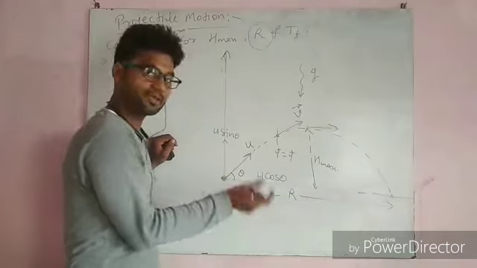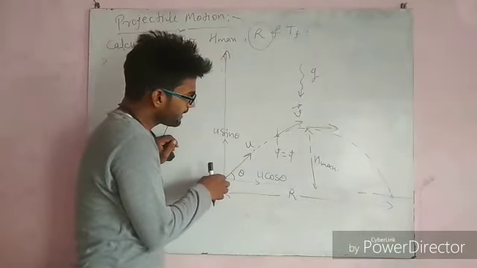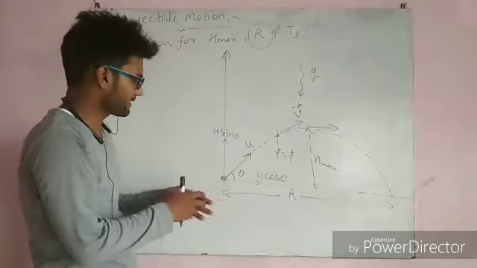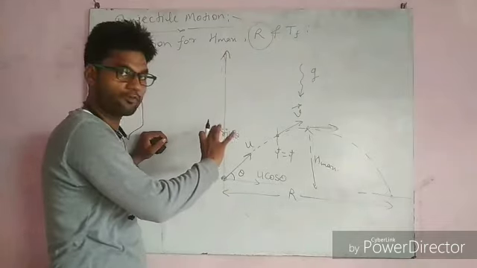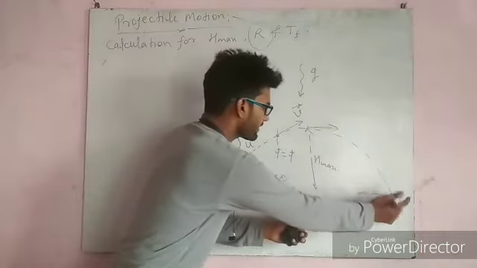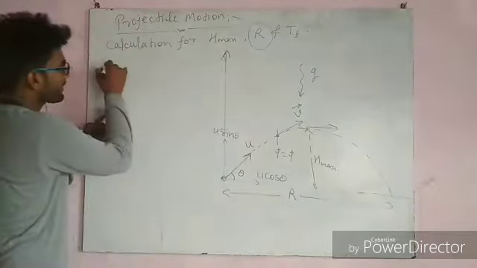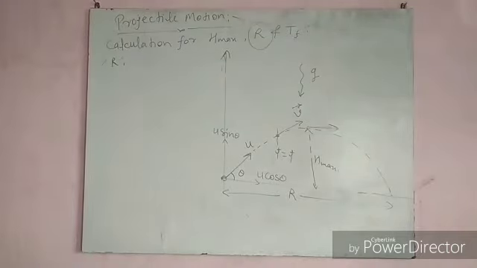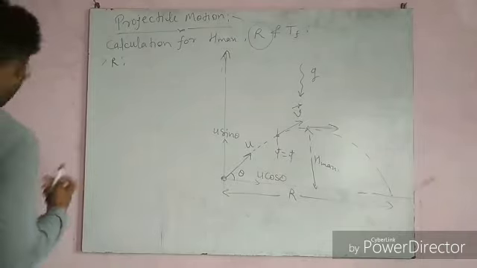The time taken by the particle when it reaches its initial position in the vertical direction. Here the vertical component of displacement will be 0. It will have a certain value, increasing, then decreasing, then finally 0. So what will be the condition for calculation of this r? The net displacement in the y direction should be 0.